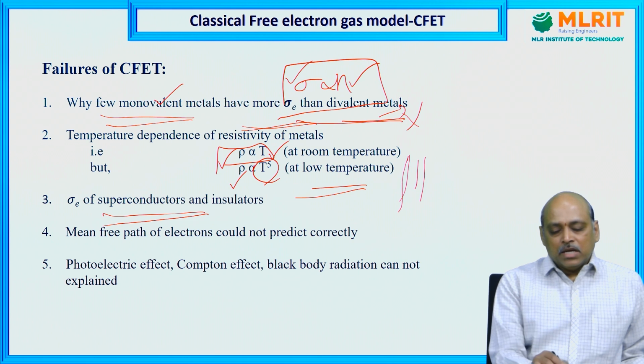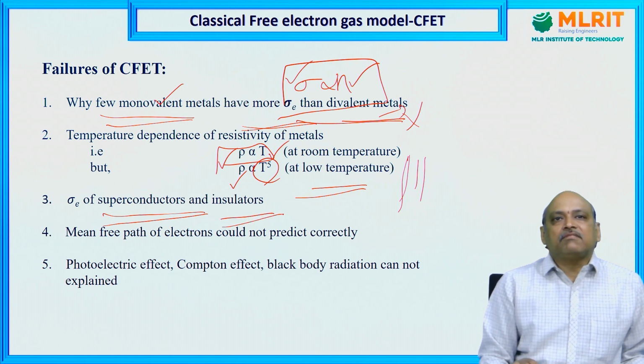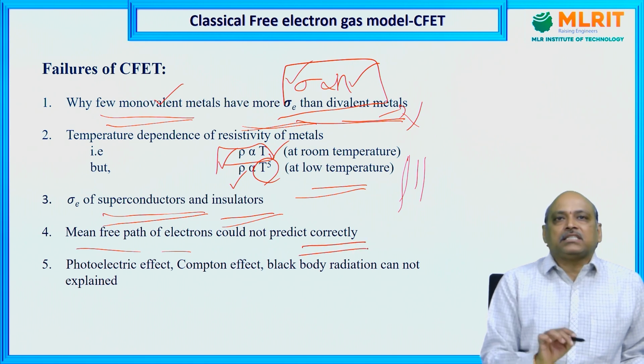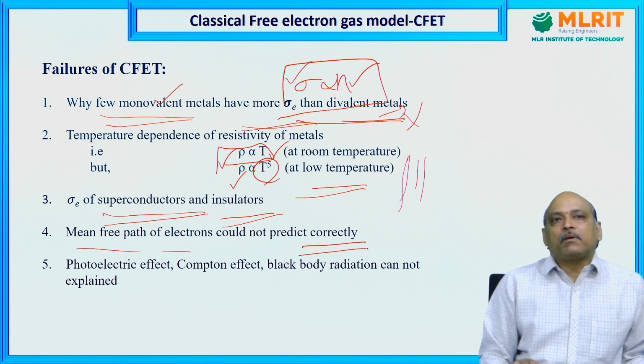Also, in insulators, why electrical conductivity is 0, this theory could not explain these two things either. And a very important thing is that the mean free path of electrons could not be predicted correctly using this theory. Only the average mean free path can be calculated, but the exact mean free path of an electron we cannot calculate using